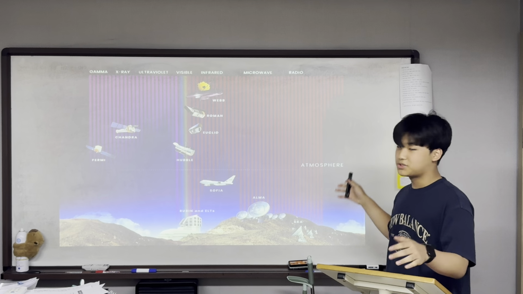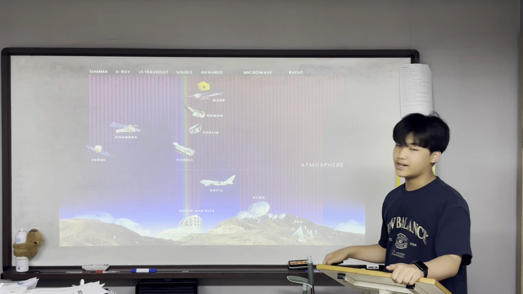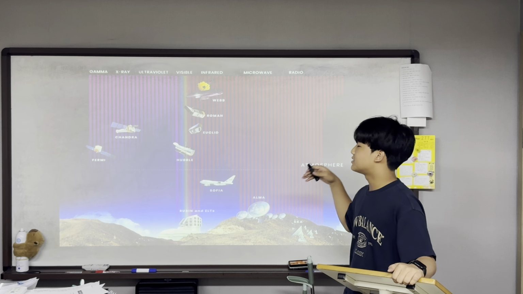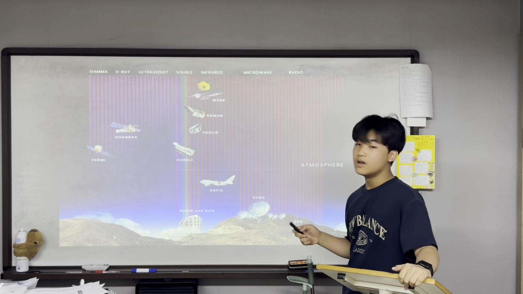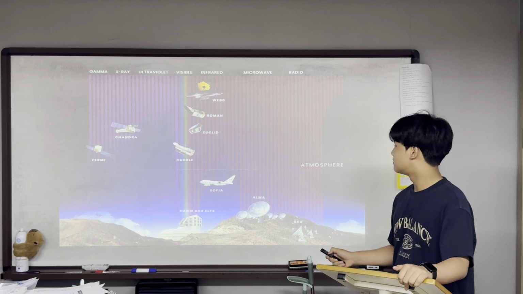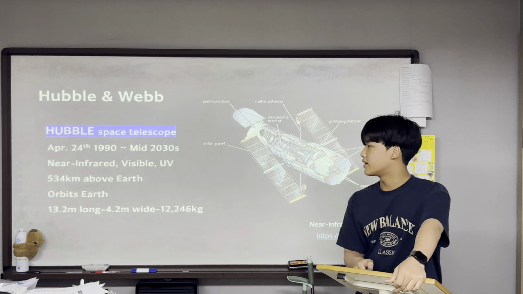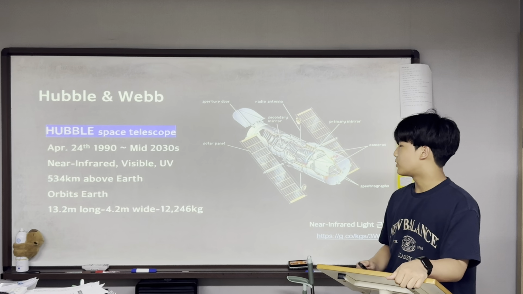This picture basically shows the rays each satellite gets and the latitude which each space telescopes are located in. I'm going to look at the most famous Hubble and James Webb. First, Hubble Space Telescope. It was launched on April 24th, 1990, and it's supposed to work until